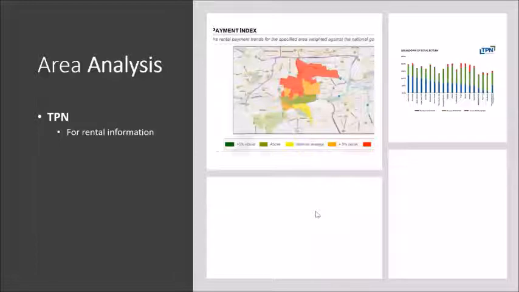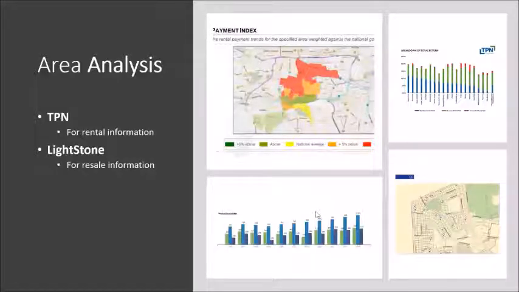And then on the right, you'll see a high level area analysis of which areas are the best to invest in based on capital appreciation being the blue bar, the green bar being rental information or rental yield, and the red being risk of default. And then if you want to do area analysis for an active strategy or for flipping, I recommend using a